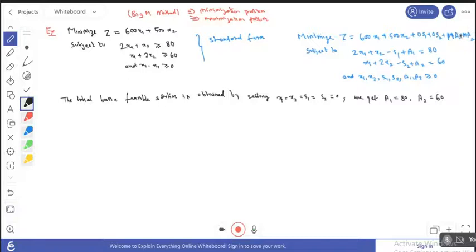So what is the value of z here, if x1, x2, s1, s2 are 0? In that case, your value of z is equal to 140. Okay, so now we construct our initial table, and that initial table is